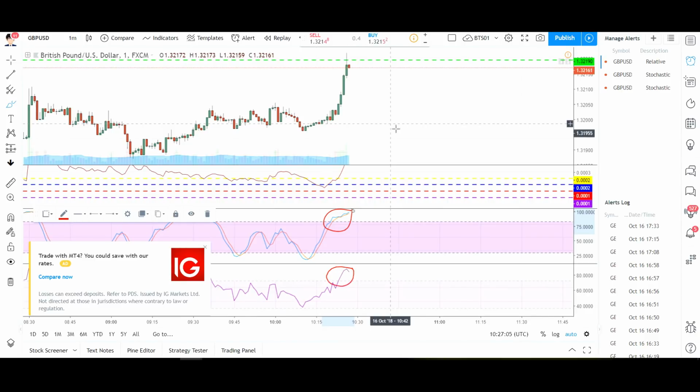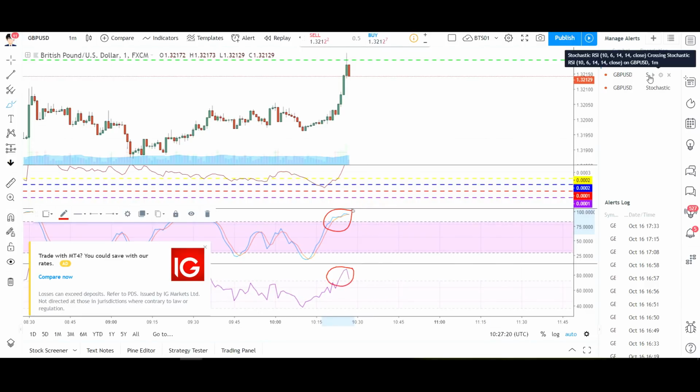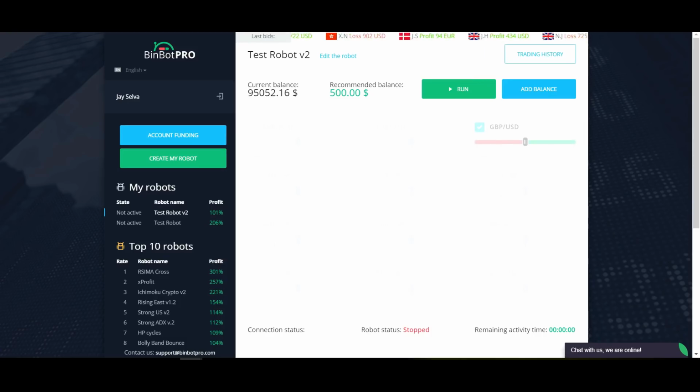Okay, so we're just gonna wait for that to happen, and you can see that the blue line is touching the red line right now. Alright, so I think it is clearly crossing over. Yeah, it's forming an X right now. Let me see, it's pretty small, but let's just wait. Okay, yes, yep, I'll consider this as a small crossover, and I will turn on the test robot, which is